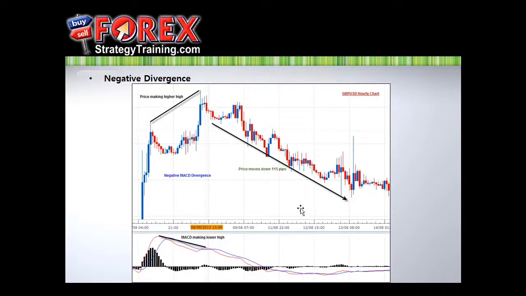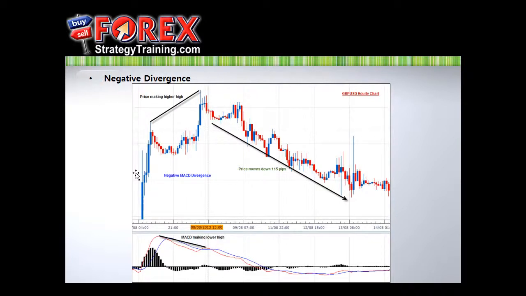Okay, and this is actually taken from the pound dollar on the hourly chart. This is just to show you that it works on all time frames, it works on all currency pairs. So don't worry about the time frame or currency pair because it works on all of them. Okay, so now that I understand this positive and negative divergence, let me